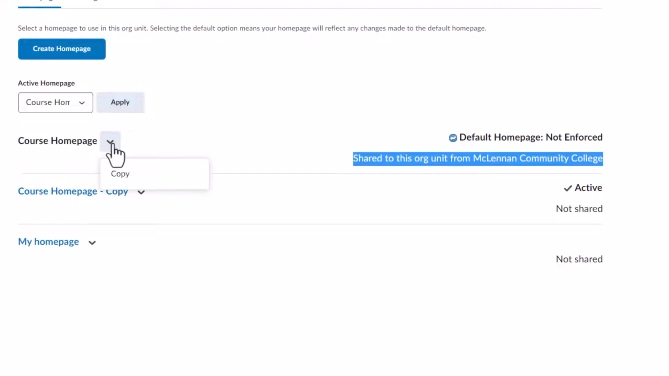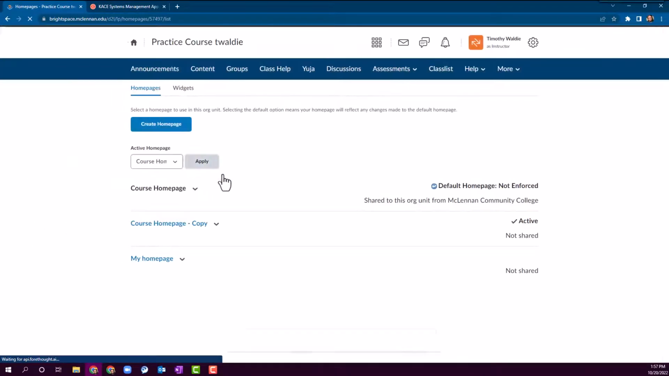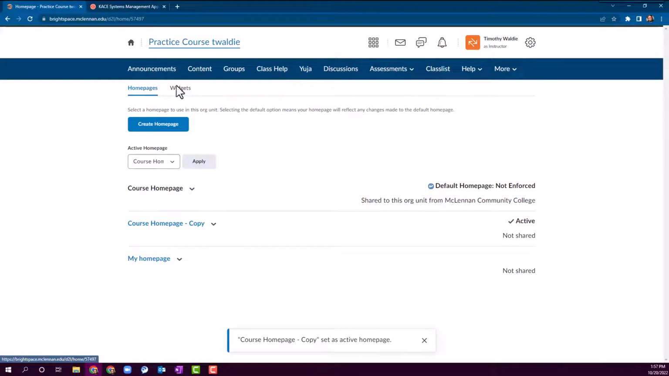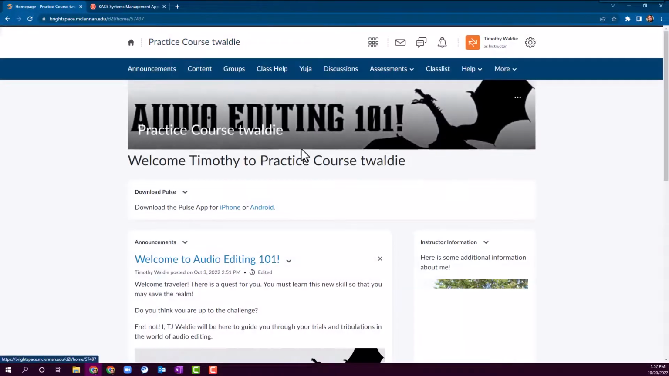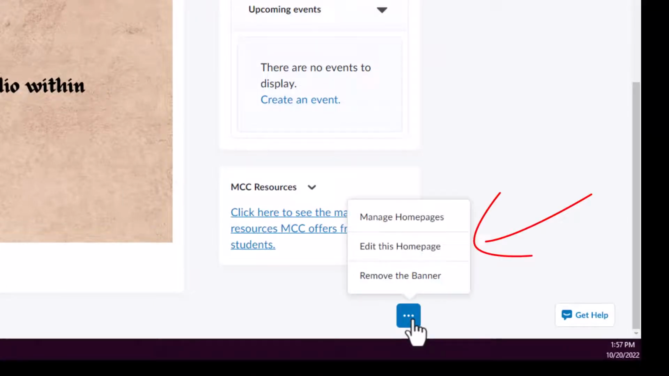And you will click the drop-down arrow and click Copy. You need to make a copy so you can then edit the copy. You don't want to be editing the one that everybody uses. So you'll hit the drop-down menu, click Copy, and then come up here and make sure that the copy is set to your active homepage and hit Apply. Once you do that, you'll go back to your very main screen, clicking on the title of the course at the very top, and then click on these three dots down at the bottom, and you can click on Edit